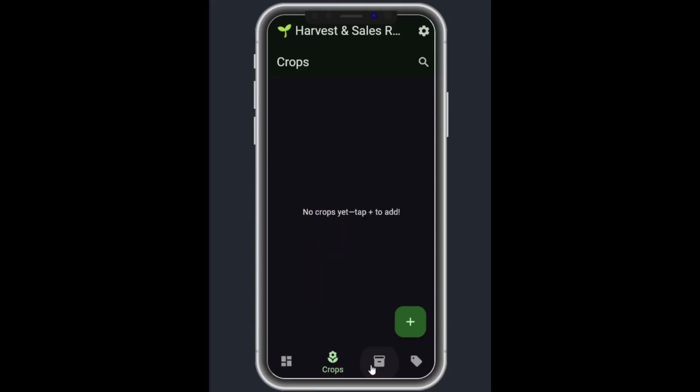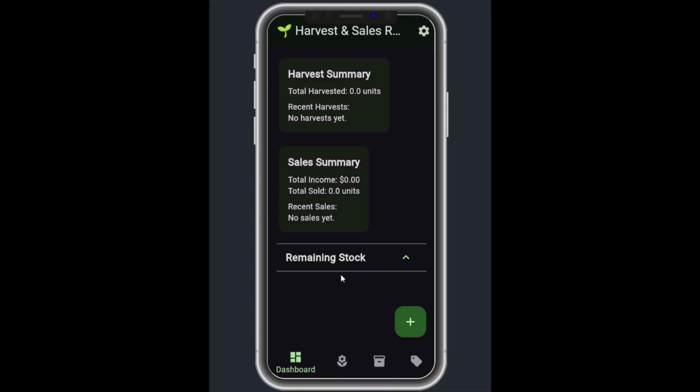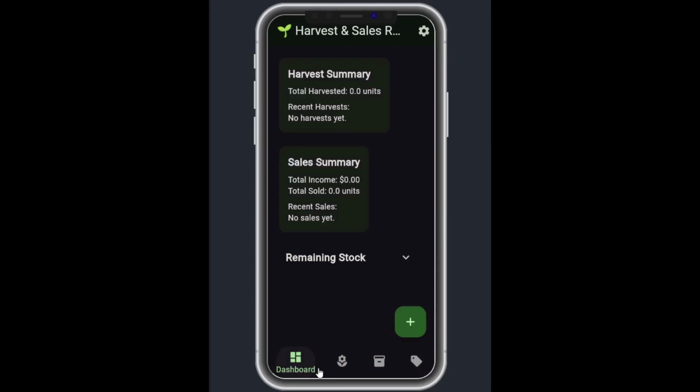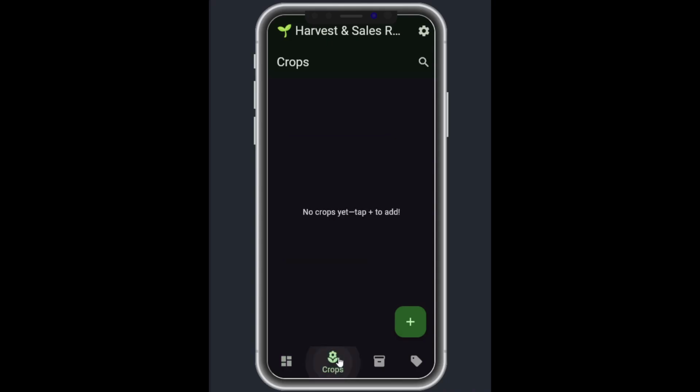So this app is like the same concept as Notepad, but it has the calculation part. It shows the sales summary, harvest summary, and remaining stock. Later on, this will show if we add the crops, the harvest, and sales. So let's start with the core MVP features, which are the crop, harvest, and sales. So let's start with